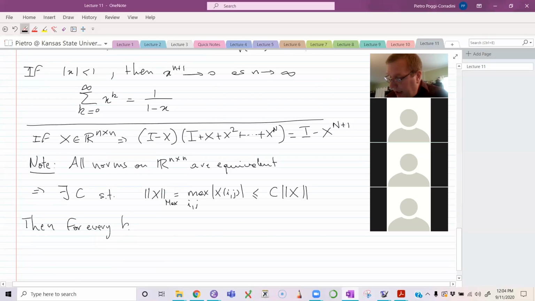for every integer k, let's take the maximum of the kth power of x. Right, so I'm looking at kind of like here, right? When I'm trying to show that the powers of x go to 0. So I take the kth power of x and I look at its largest entry. And by this observation up here,